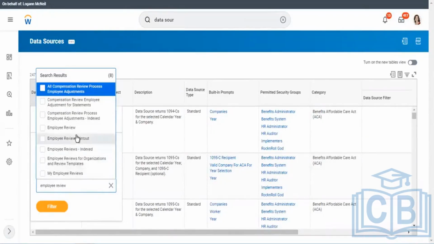These are all the sources that you can choose to get your output, the rating ways or acknowledgement ways. You can pick any of these sources as per your business requirement. For now, since we want to go with employee reviews, we'll go with the standard data source called employee review.